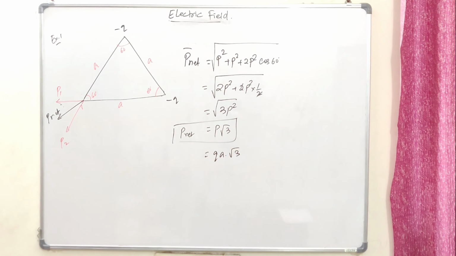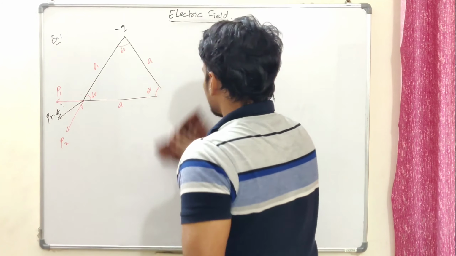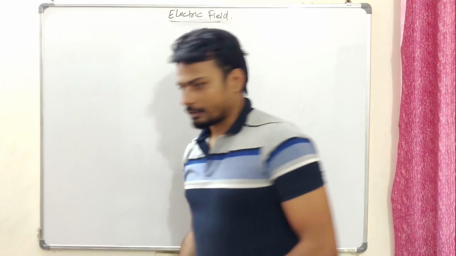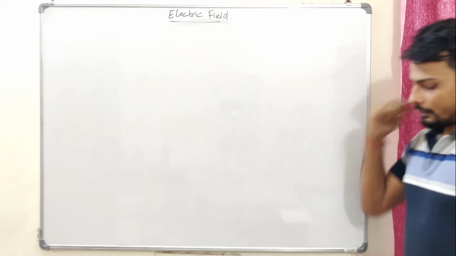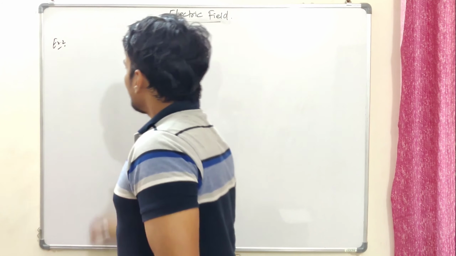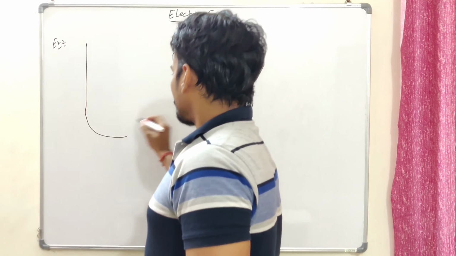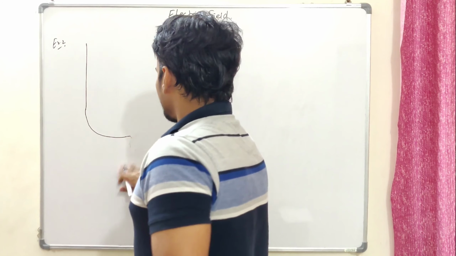Let's quickly move on to one more segment where we have to find the electric field because of different arrangements. Let's have a couple of examples of that as well. Alright, let me keep it there. Okay, now let's say example 2. If I have a wire like this, making some circular arc over here and getting away in this direction. Okay, let's say this way.